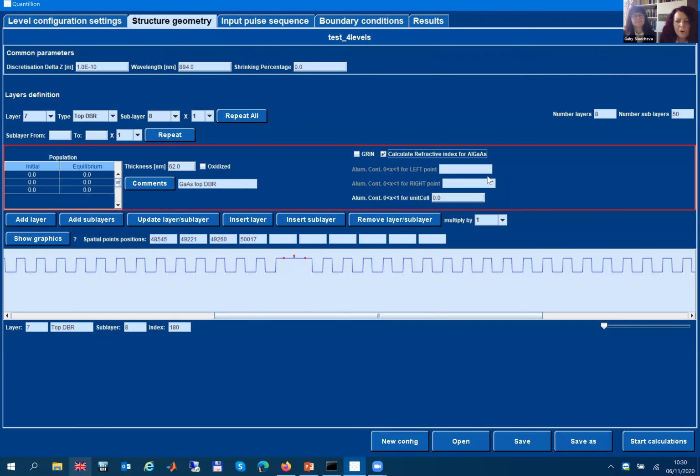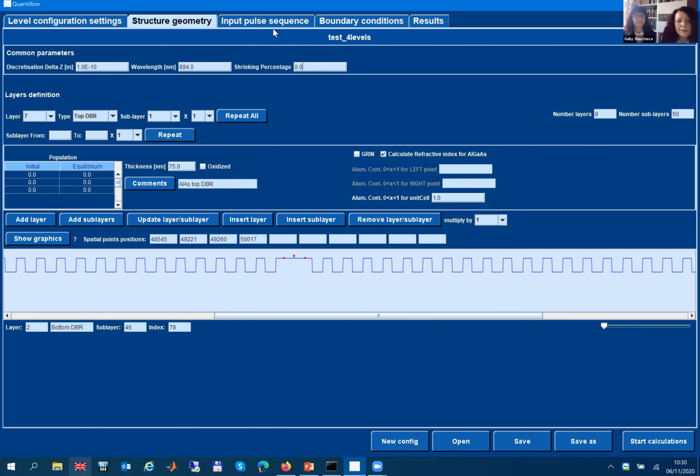And there is a built-in program which will calculate the refractive index as a function of the wavelength and as a function of the composition of aluminum. We can also define layers with aluminum oxide and define the shrinking percentage of these layers. Basically, we can describe a multi-level structure, a micropillar cavity in 1D.